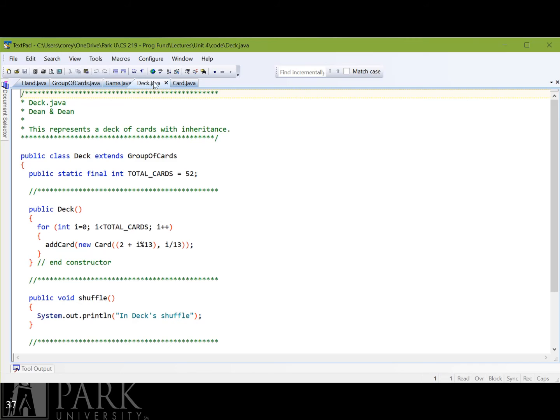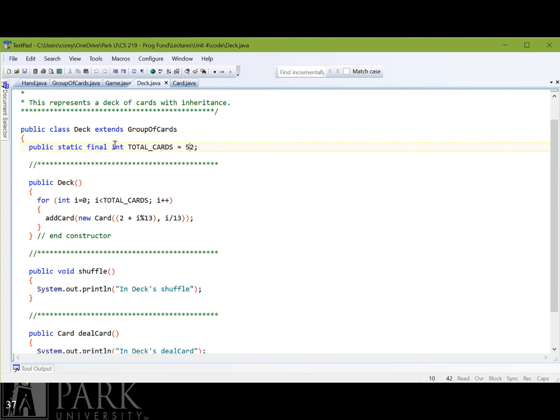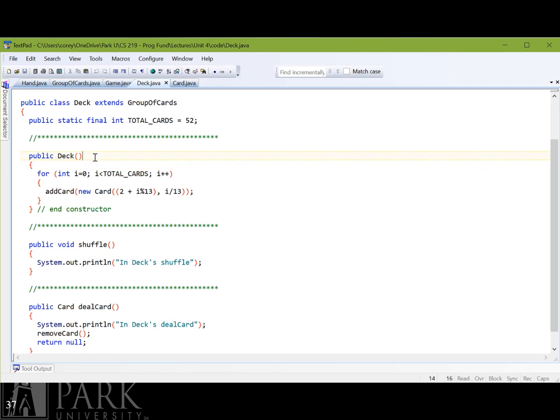So we go to deck, and you can see here that we have our total number of cards, right? And it's a constant set to 52. So if we ever need to change it, maybe we want to play with 4 decks, right? We can change the card count. So in our constructor, when we create a deck, look at what we do. We're going to add a card, and we're going to create a new card using these parameters, right? We're going to do some kind of